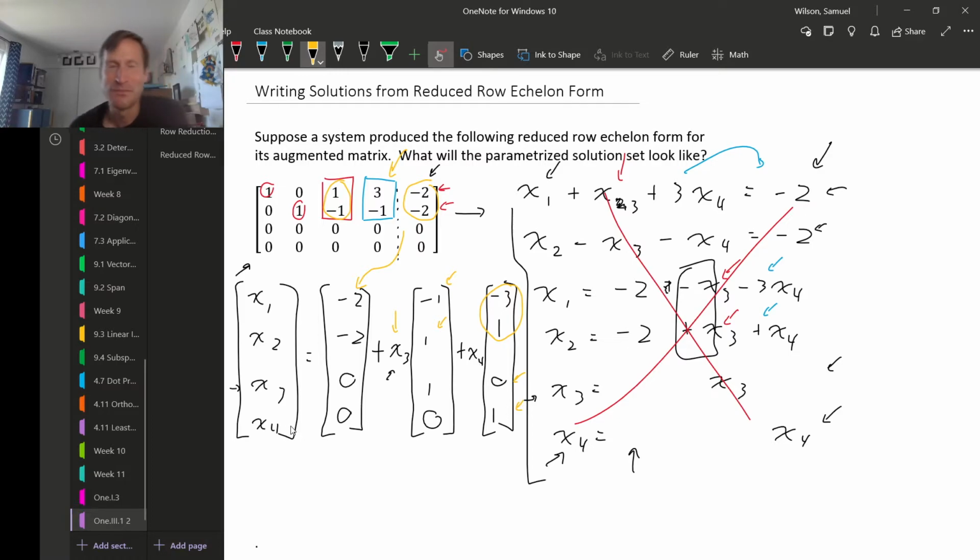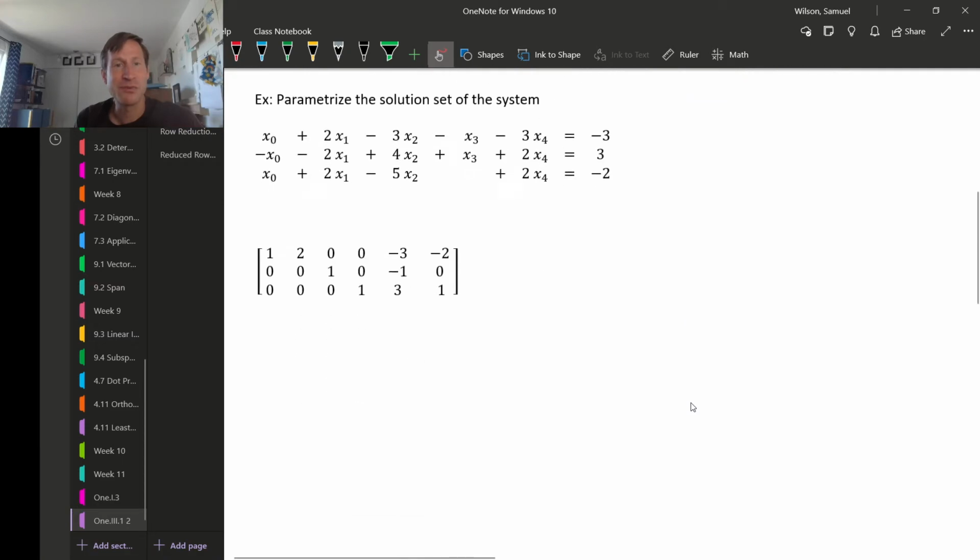is x4. So the upshot of all of this is that we can jump directly from having a reduced row echelon form to writing down the vector parametrized collection of solutions for the corresponding system. And that's really nice. That cuts out a lot of writing. Conceptually it's not really changing very much, but it is saving us a lot of work, just writing all this stuff out. So just to see another example of what this looks like, suppose that we had this